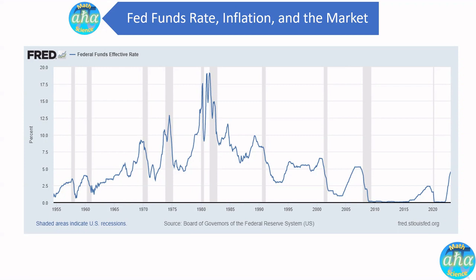Well, here is a chart of the federal funds effective rate in the past 6 decades. You can clearly see these peaks associated with each of these cycles. So 1966, 1969, 1974, 1980, 1989, and also 2000, the recent one, and then 2008, and another one, 2019, and the current one, which we are experiencing now.